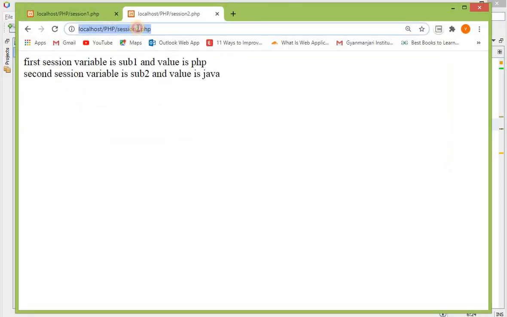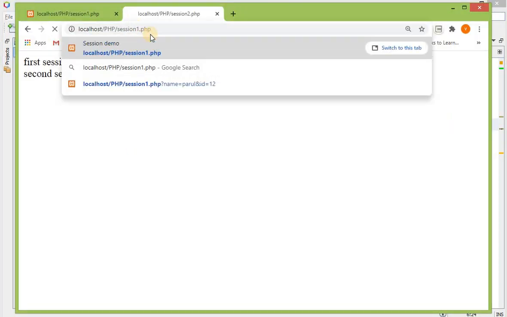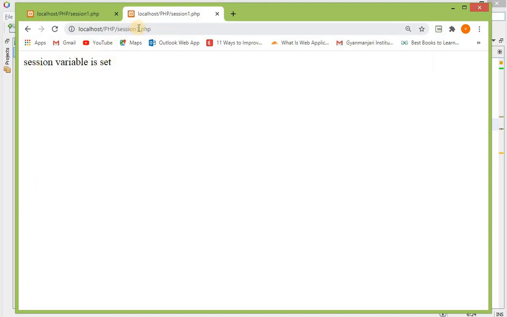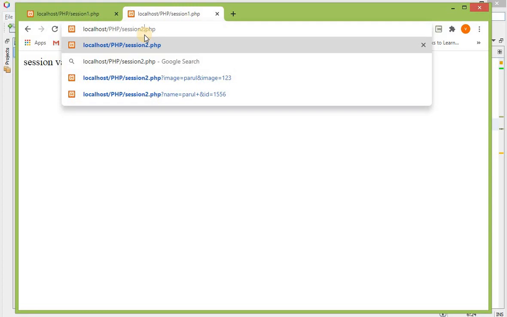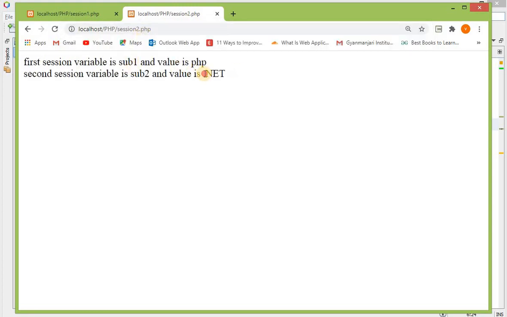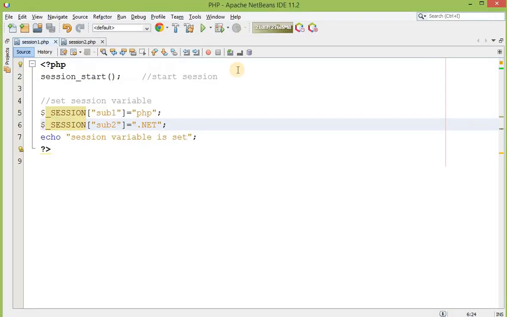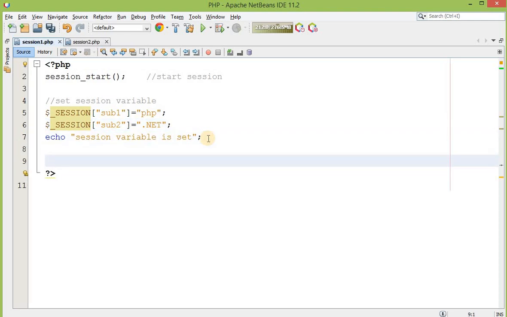So first you have to execute that, and now you access the file session2.php, then you can see the value is modified.